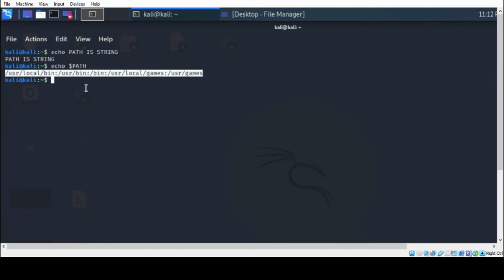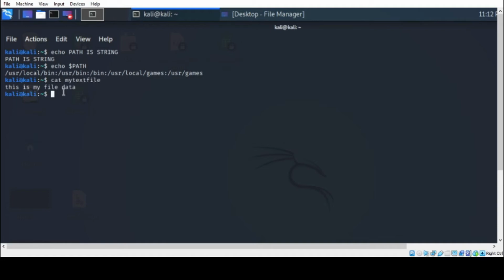So hopefully you remember the cat command shows the content of the file. Cat space my text file. Okay, there is a single line in my text file, so you can add a new line to this file with the echo command.